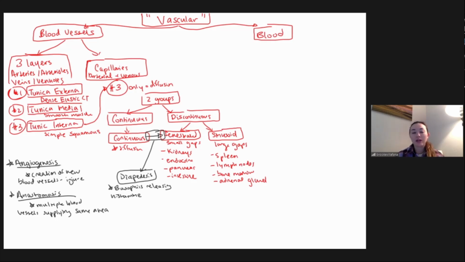And so we're very likely to die because we don't have a lot of blood supply to that area. It's just one option versus all these other options as we age. So that's anastomosis. For vasa vasorum,